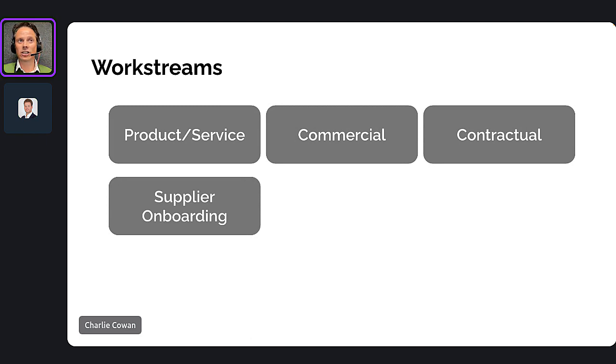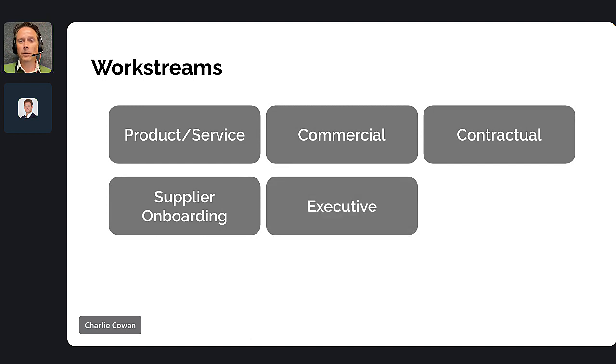If they're not an existing customer of yours, then there could be supplier onboarding, going through Ariba or Coupa and uploading your sustainability assessments and your financials, all of this kind of legwork that needs to set you up as a supplier that they can place a PO on. Depending on the size of your deal, there may be some executive peering. You need to connect your CFO with their CFO, or a board member to one of their board members.